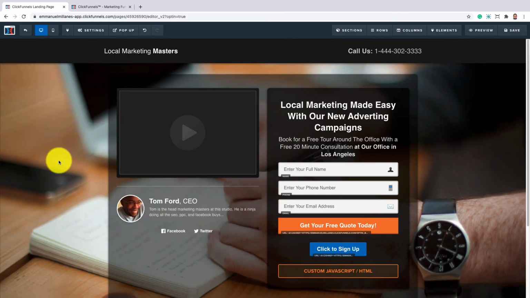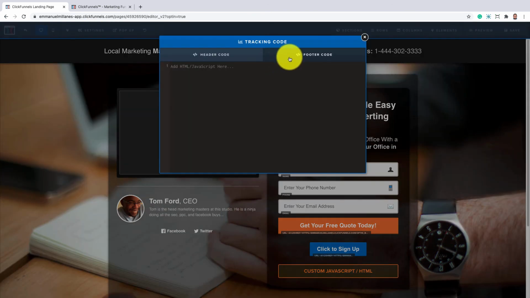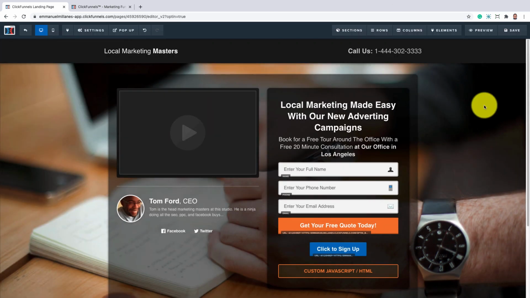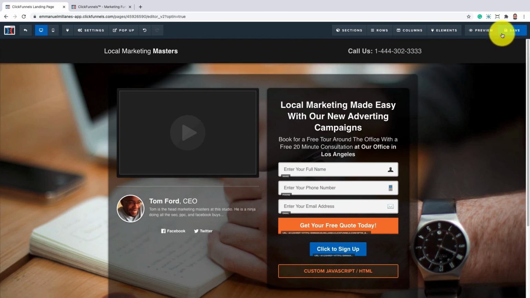And finally, when using the track and code option from the settings, you will need to add the code to the footer. Now, as well as copying the ClickPop code with your keyboard, it is very important to also paste it with your keyboard. So you will use Ctrl+V if you're on a PC and Command+V if you're on a Mac. After making any changes to your page, go ahead and click on the Save button.